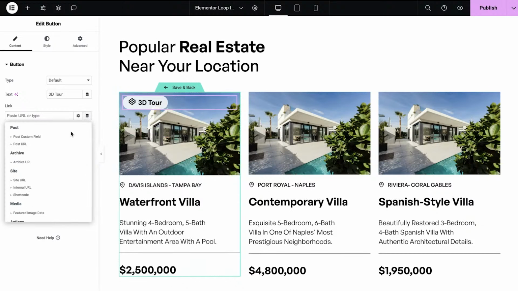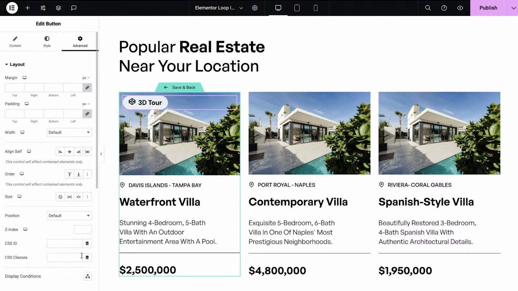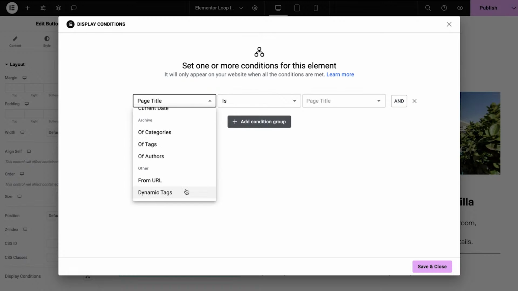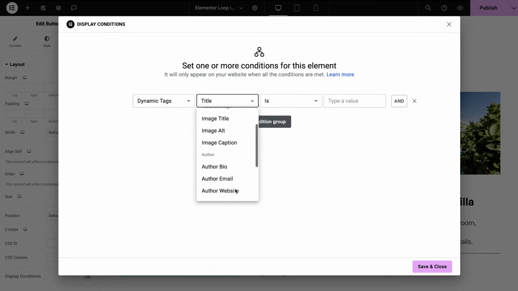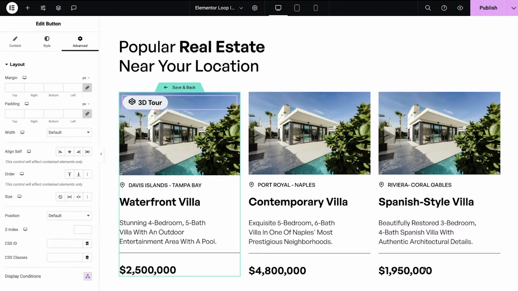Now click into the loop builder and create your tag. Once the tag is ready, set the display conditions. Click Add Condition and choose Dynamic Tags. You'll see that the 3D Tour custom field is an option. Select it and set the parameter to is not empty. This will automatically dynamically display the 3D Tour tag on all loop items that have a link saved to their